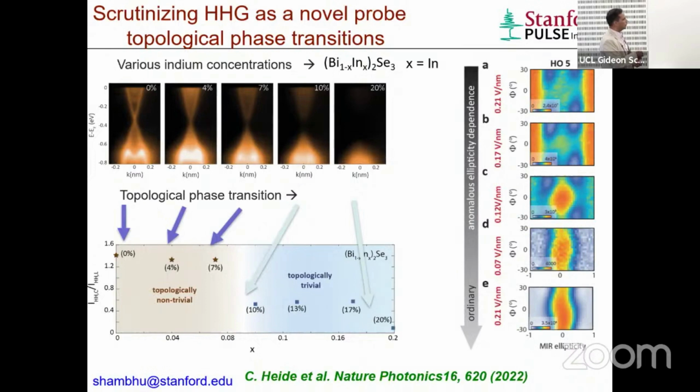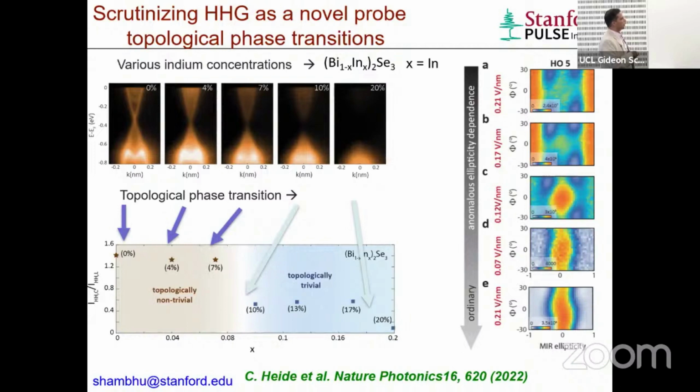Okay, so let me walk you through this. This is a typical intensity plot of harmonics as a function of the ellipticity. When you have enough peak strength of the laser field, you have the emission that is maximum at the circular polarization. And here we plot the ratio of the emission for the circular polarization with respect to the